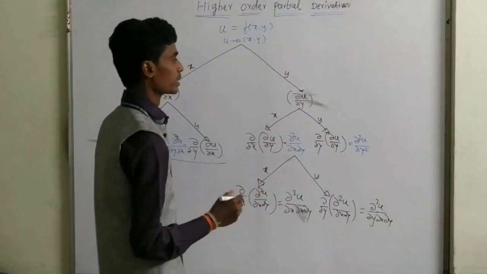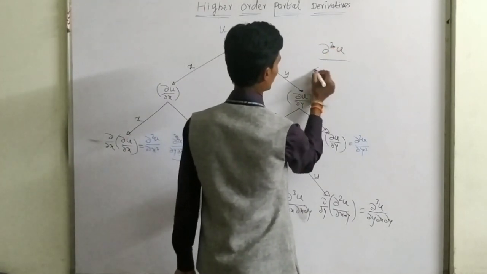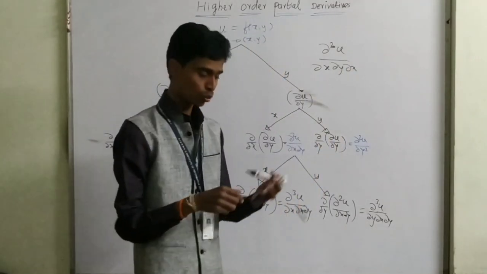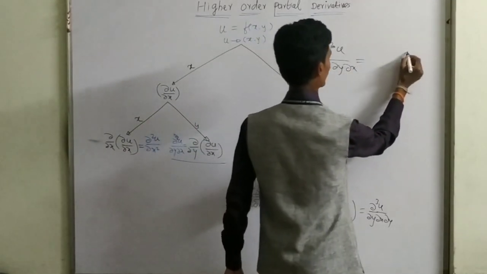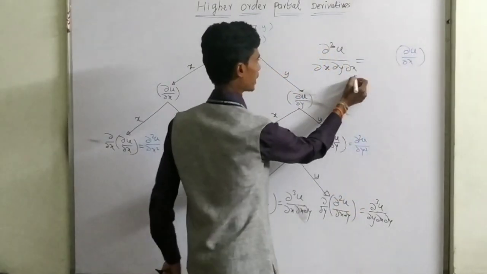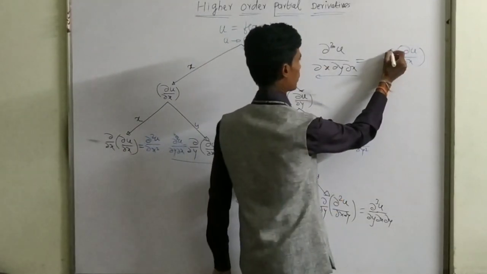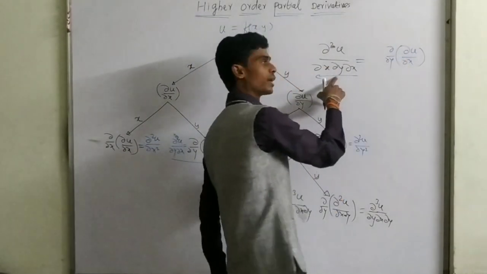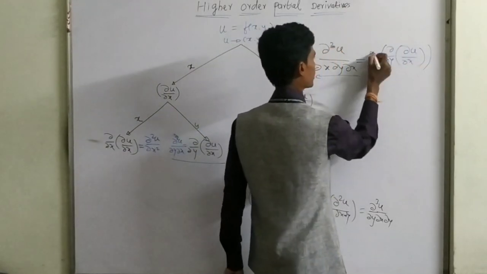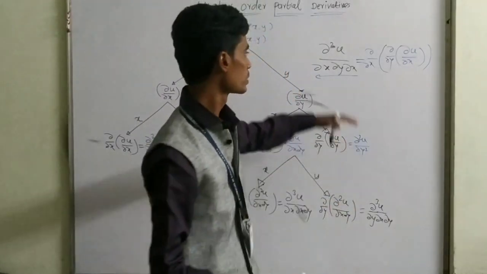What I am going to explain, if there is a thing like this, ∂³u/∂x∂y again ∂x. So how to read it? First we find out ∂u/∂x. पहले क्या फाइंड आउट करेंगे, यहां से आ जाना है. So ∂u/∂x. Then this ∂u/∂x with respect to y partially. So second is partial, so ∂u/∂y, and this whole bracket with respect to ∂u/∂x. So this way if we evaluate it, it is very simple.